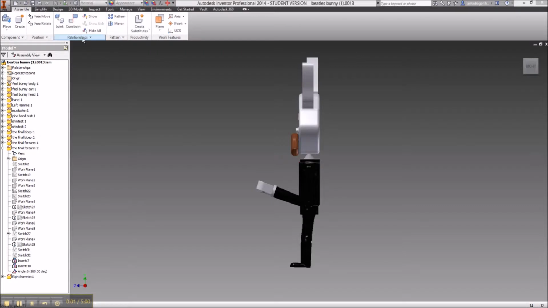Alright, so I'm going to show you how to make drive constraints. You're going to want to be in assembly, so .iam. You're going to want to have assembled everything. So I've assembled his arms into his body and so on. To make a drive constraint, all you've got to do is just